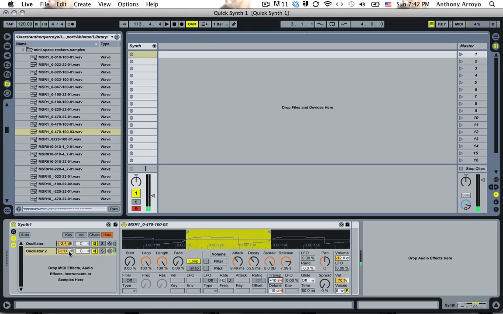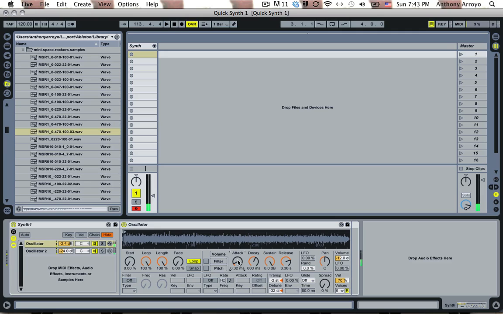So now I have 2 oscillators here, but I can mess with this slider here and I can change the ratio of these 2 oscillators to one another. And remember that also for all of these I can do different things. I can mess with the attack and stuff like that here. And each oscillator can have its own attack and decay. And so that's going to really help you out